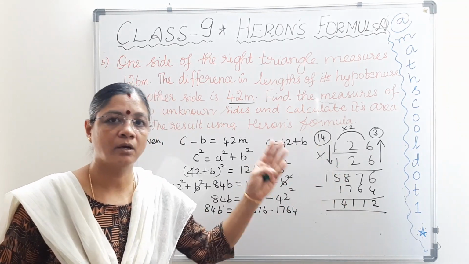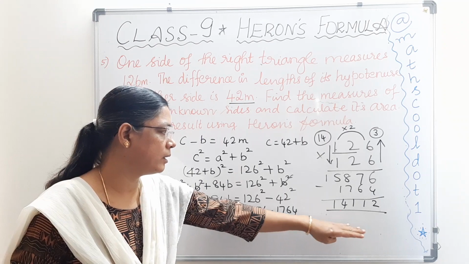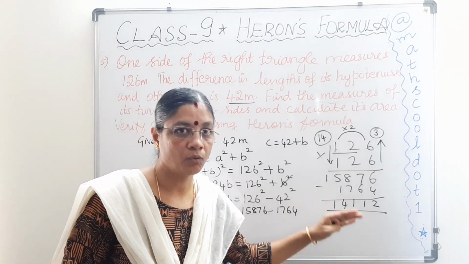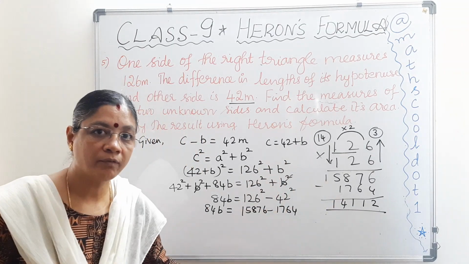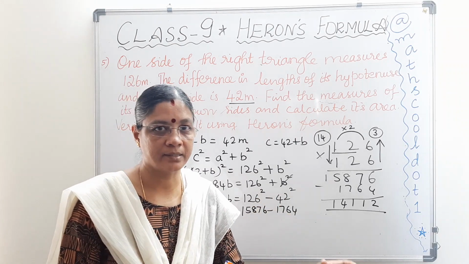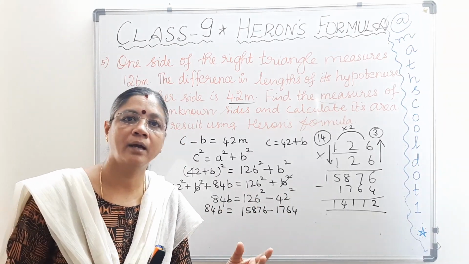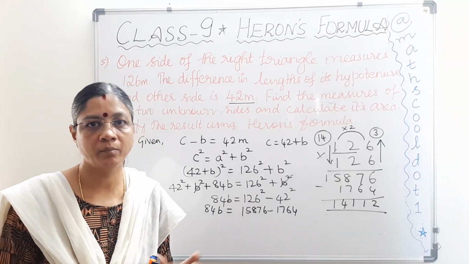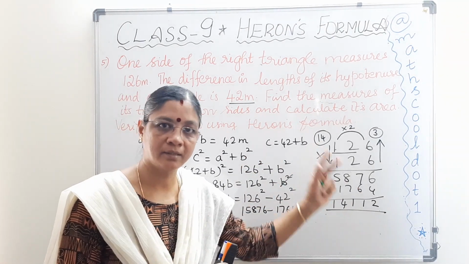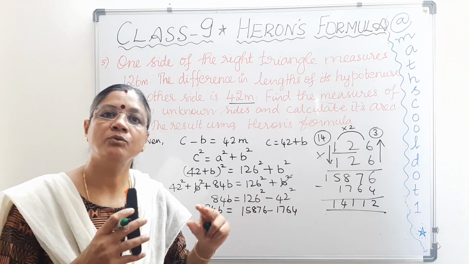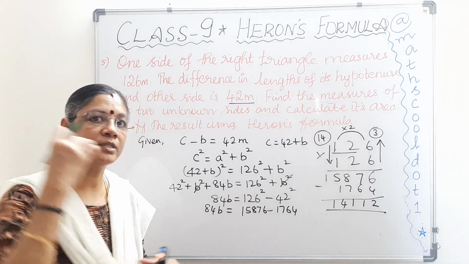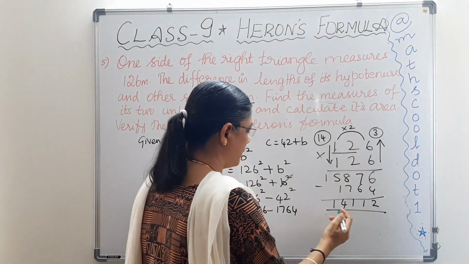So better check it out. You won't be able to find it out at this stage. When you divide it, you won't get an exact answer. You won't get a whole number, and you will be getting it in fractions. So by that time, we'll be knowing there is some problem with our answers in between. So you just check where you went wrong, and you will get the right answer.